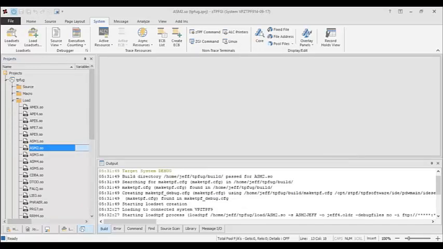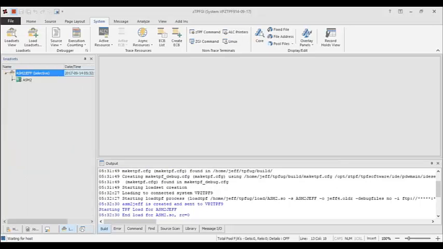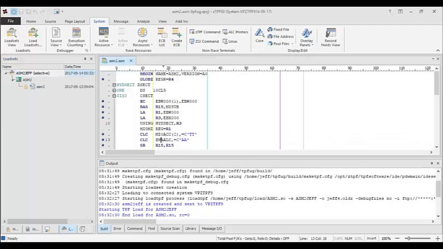So at this point, it's transferred the SO over to the system. It's loading it into the system and activating it. And then you get a list of what you want to source view trace. In this case, this SO just has one assembly program in it. And I'm going to say OK. At that point, we're locked into source trace. That means that when we do entries, it's going to stop on this program if it happens to enter this program. This little lock here identifies that, ready for source view trace,